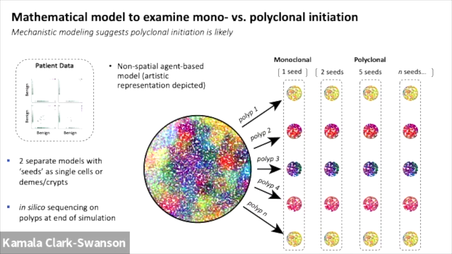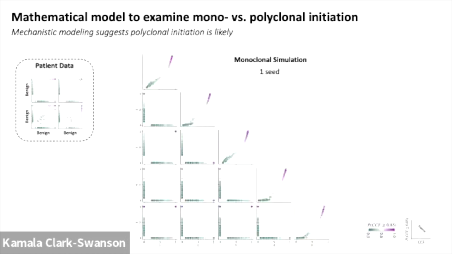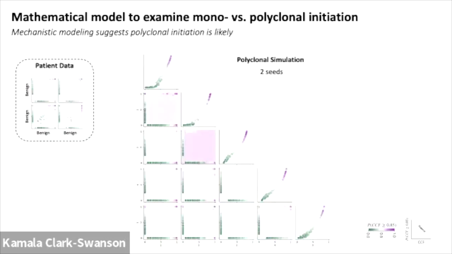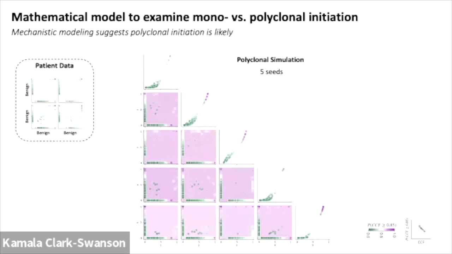And then we perform in silico sequencing on these polyps at the ends of the simulations. When we simulate this with several polyps with one seed, we never observe any subclonal sharing within any of these. We do see some clonal mutations or clonal ranges, which are those mutations present in patches, or from the sampling, present in a larger number of cells. Once we get to 2 seeds, we begin to see some sharing of mutations, but still within that clonal range. It's not until we get to about 5 seeds that we begin to see mutations that are shared within that subclonal range.